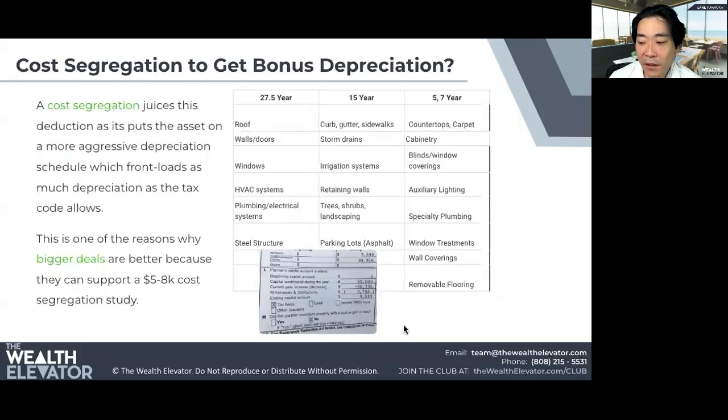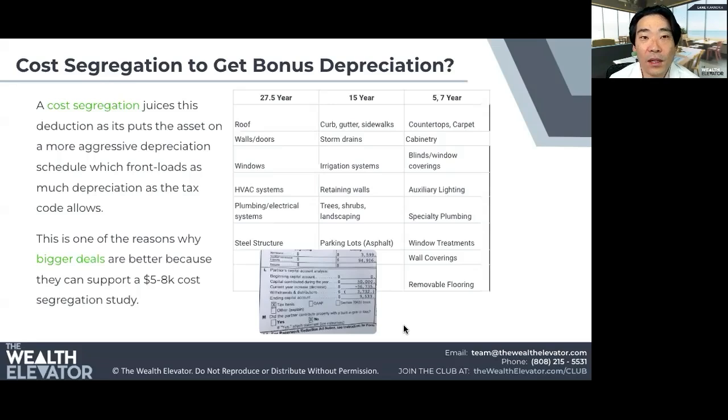Now, 27 years is a long time, and it's helpful, right? As you can see in the last example. Funny thing happened to me when I started to go into syndication deals. I started to realize that in these commercial properties, the depreciation schedules are a lot faster than the 27 years in residential single family homes.